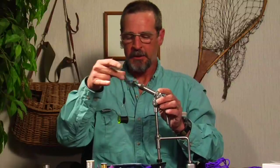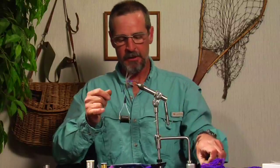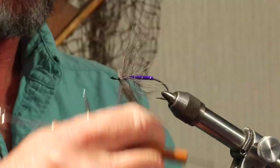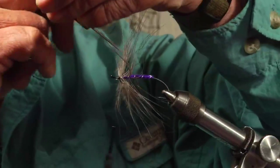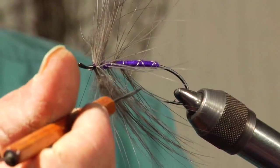Now you're going to need a bodkin for this next step. You want to counter rib this feather. So holding the bodkin in one hand, you start wrapping the fine silver tinsel the opposite direction in a crisscross effect over the top of your larger tinsel. When you get up to the